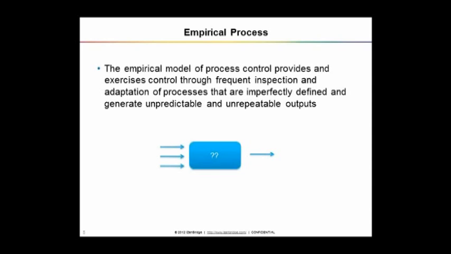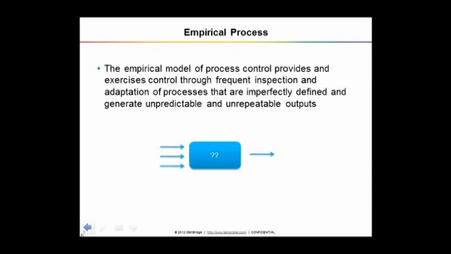So the empirical processes are managed, controlled by way of transparency, inspection, and adaptation. How do you control the defined process? It's easy, because in a defined process we have baseline outputs. We know that the burger should be produced in 60 seconds, and if it is taking more than 60 seconds, there is a problem. Or you can talk about range, it should take 50 to 70 seconds, and if it is taking more than 70 seconds, I know there is a problem.